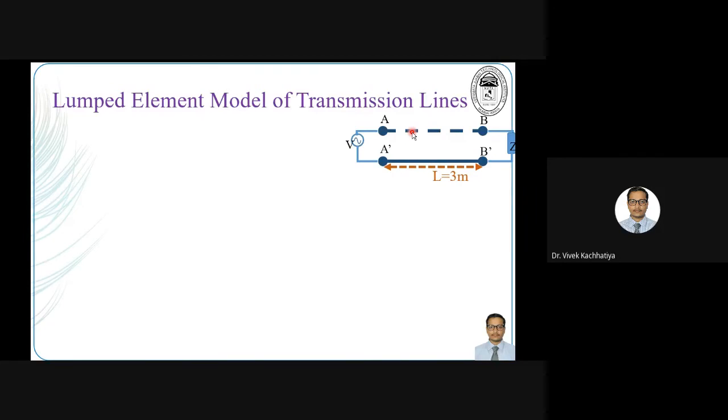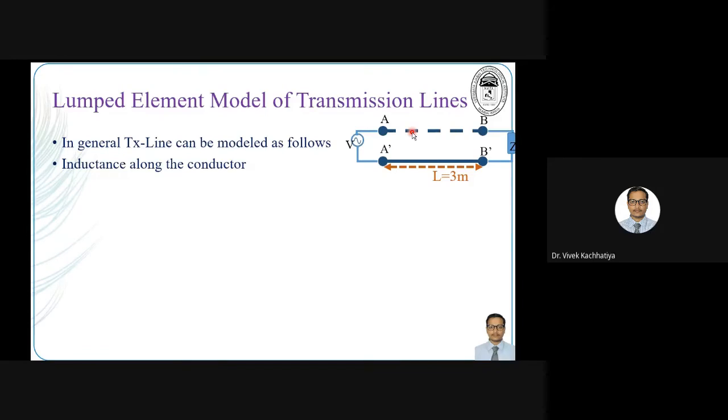In a textbook, it is given as the lumped element model of transmission line. So can one of you tell me what we mean by lump? Since we are talking about elements, we will say it is a collection of different elements concentrated at one place, and their properties may contradict one another. We are going to model our transmission line using some elements. Whenever we model something, we model based upon their features, their characteristics.